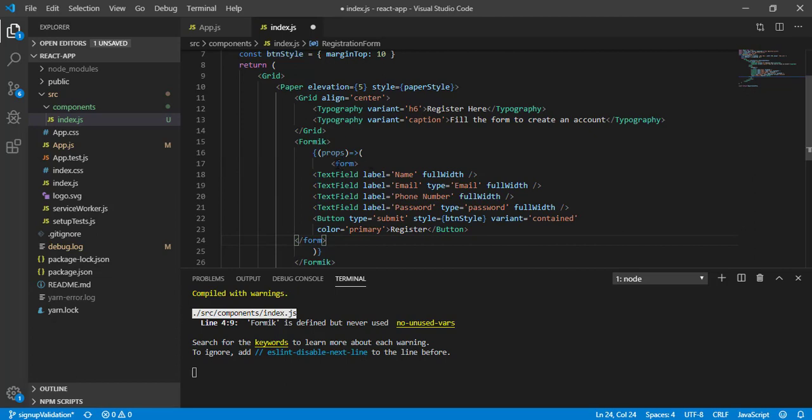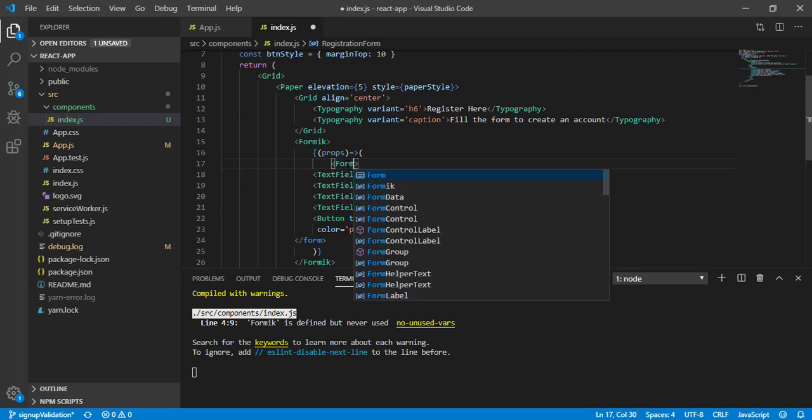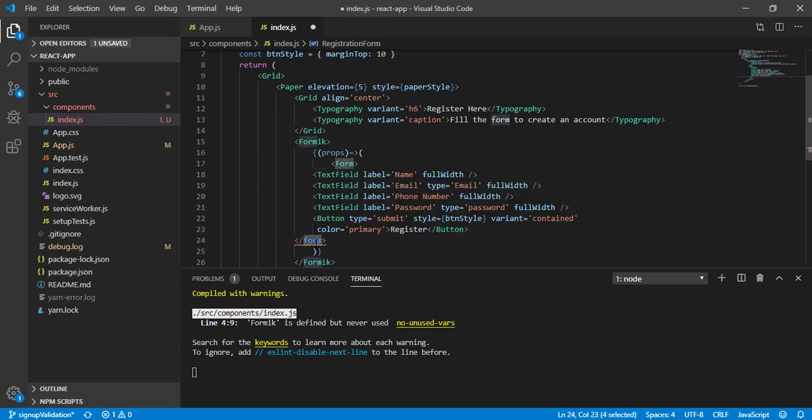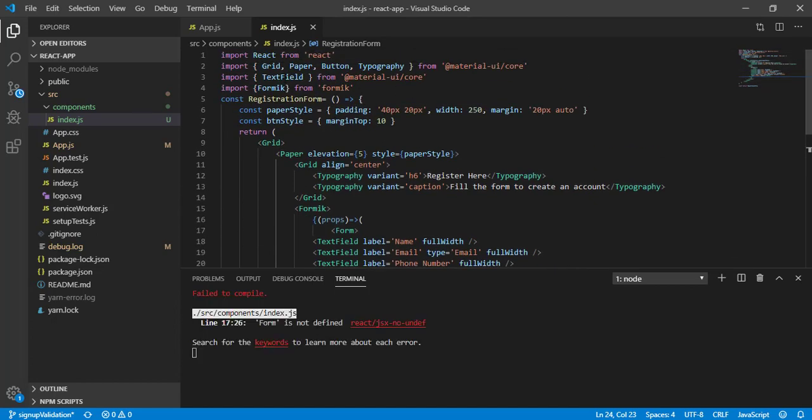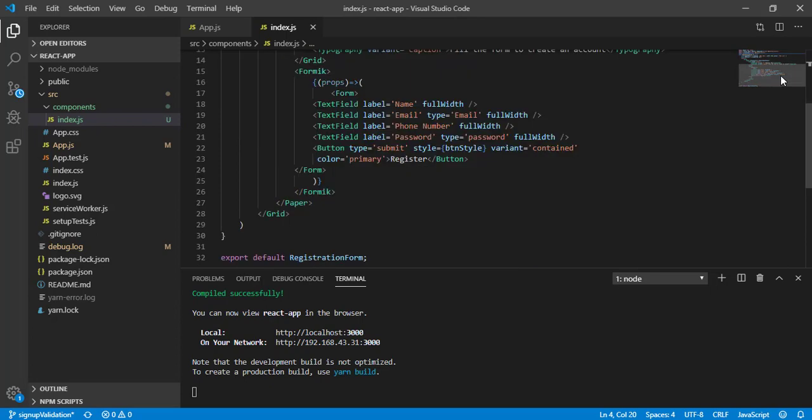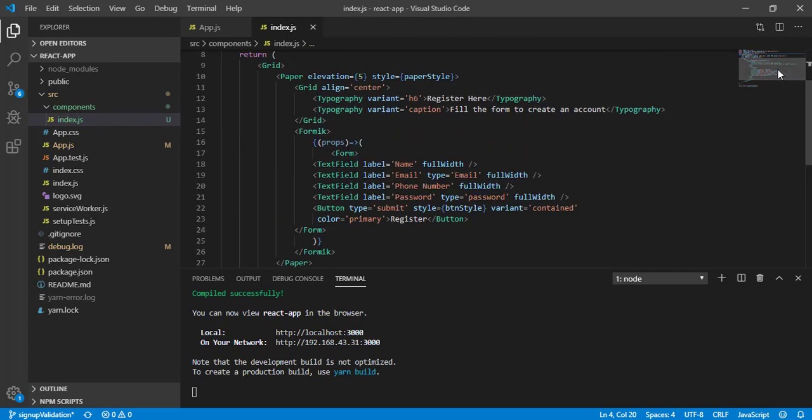Okay, so now let's replace this HTML form with the Form which is going to come from Formik. So here let's import this Form from formik. Now if you come to the UI, you can't see any changes.